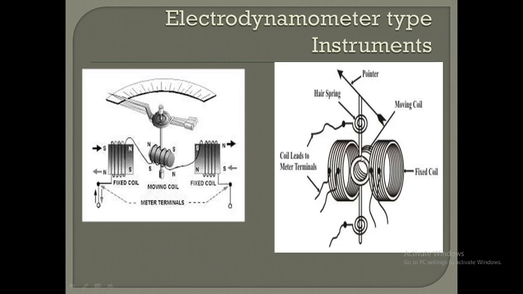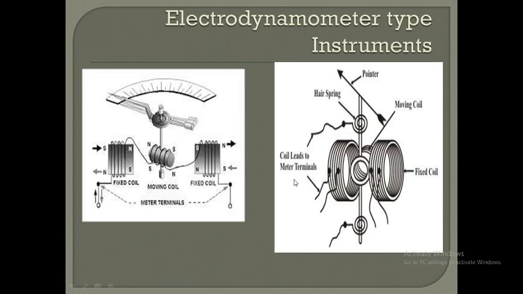In this way the construction is made, and you can see the three coils are connected in series. That means the fixed coils are connected in series along with the movable coil, so that we can measure the voltage in the system. So it can be used for voltage measurement, for current measurement as an ammeter, and also for power measurement, that is as a wattmeter. We will see the description later, but firstly it is important to understand the basic description and construction of electrodynamometer type instruments.